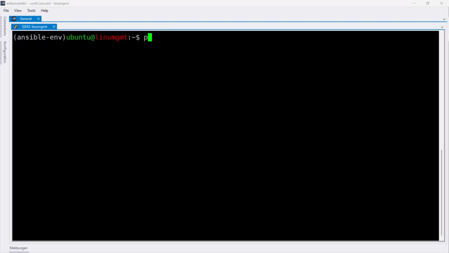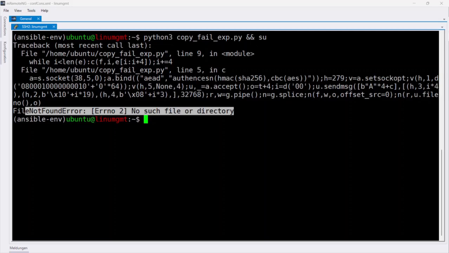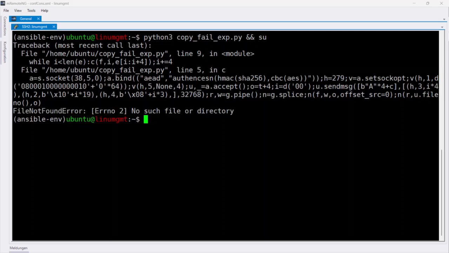Now we are running the same Python exploit on the exact same machine, but the environment has changed. We execute the script one last time. Notice the output, a file not found error. The patched kernel now recognizes that an unprivileged process is trying to use a splice to write to a read-only memory page. It blocks the attempt instantly.